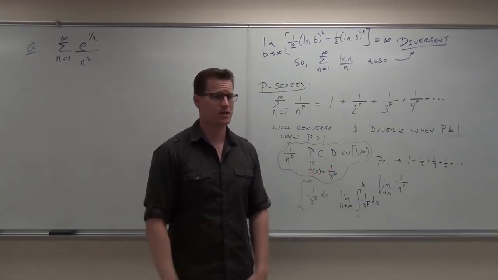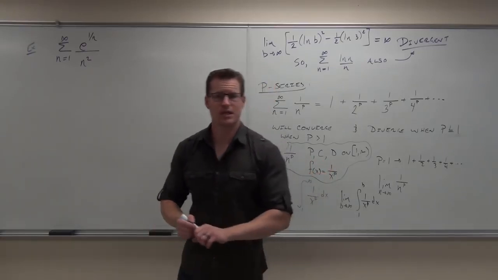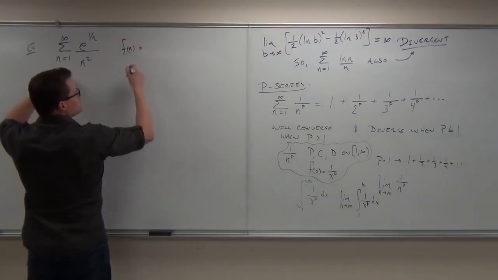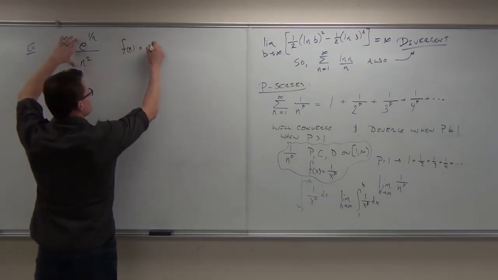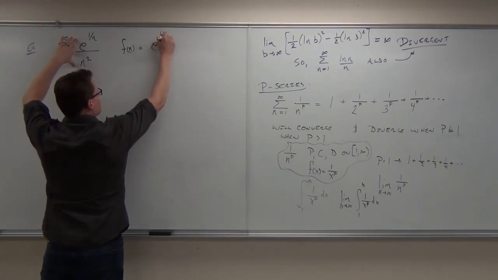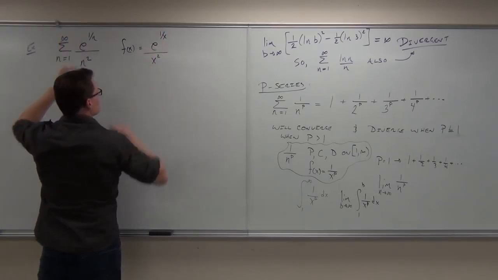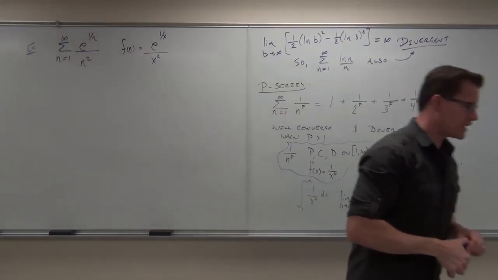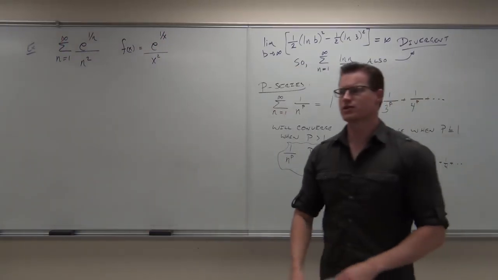Well, our last option is an integral test. So we've got to look at this and pretend that we have a function of x, actually make a function of x that models this sequence: e to the 1 over x squared. Okay, in order for you to use an integral test, and you guys should all know this, in order for you to use an integral test,